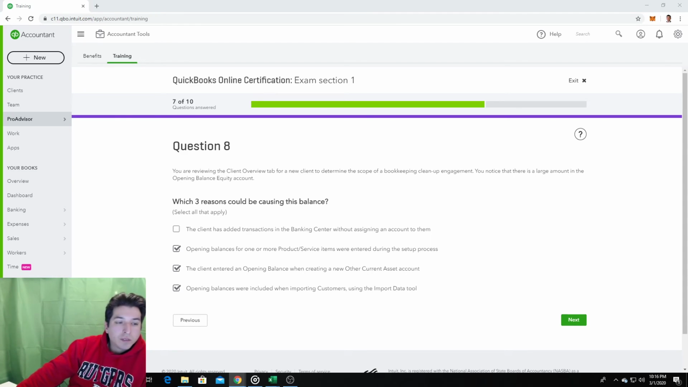Okay, let's take a look at this. Let's see, opening balances. Common errors: users do not know what to do with the opening balance equity account. Users enter an opening balance when setting up a new account, vendor, customer, or inventory item. Users create transactions that post to the... So let's just say that